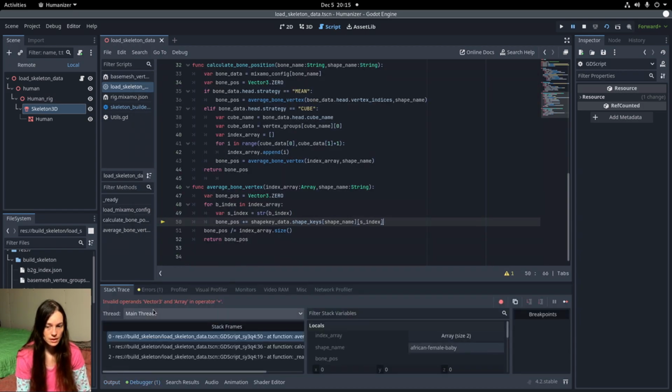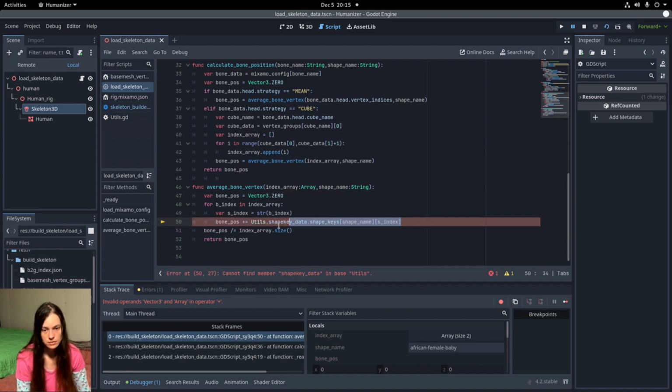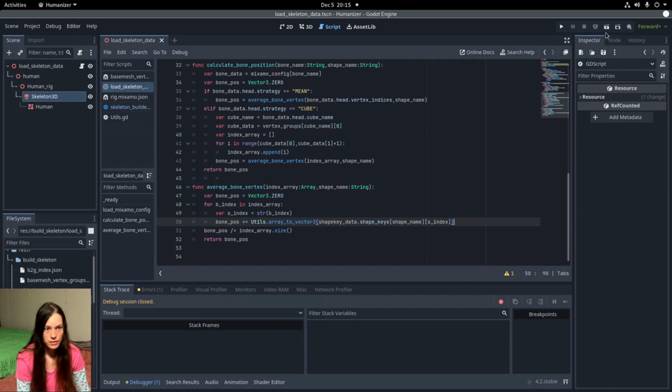So now it says it can't add a vector 3 and an array. So I need to use the array to vector function that I made in utils. It just makes a new vector from the array. And if I run that,